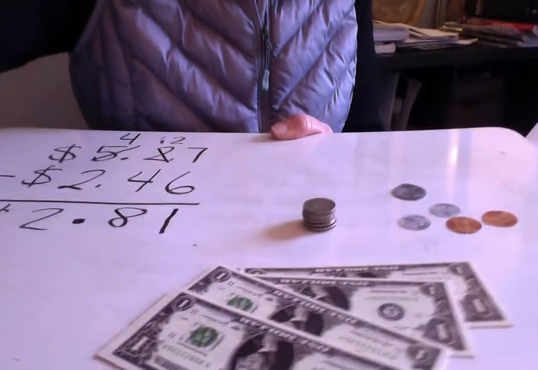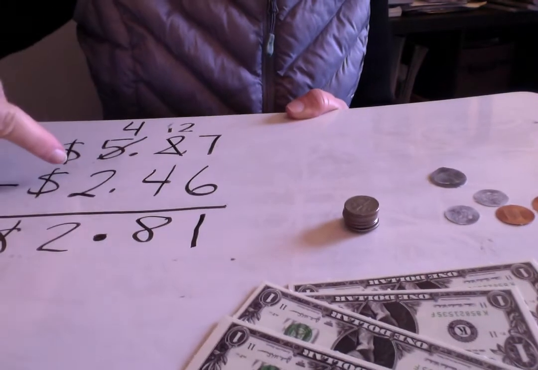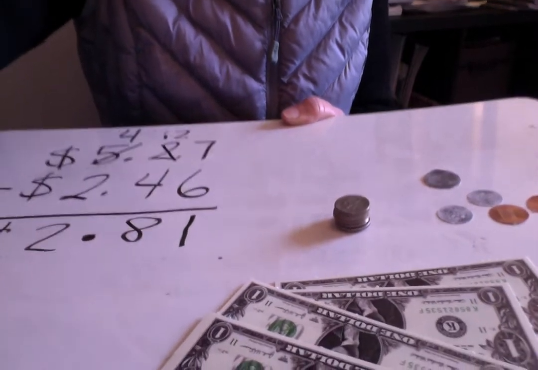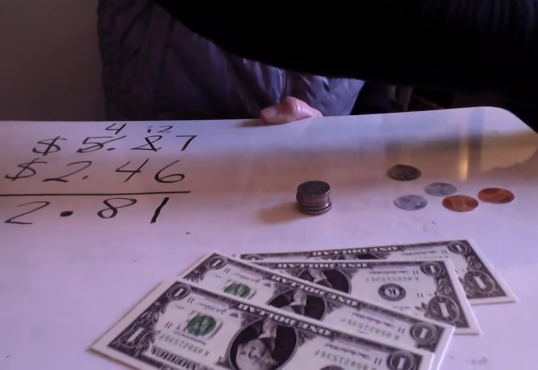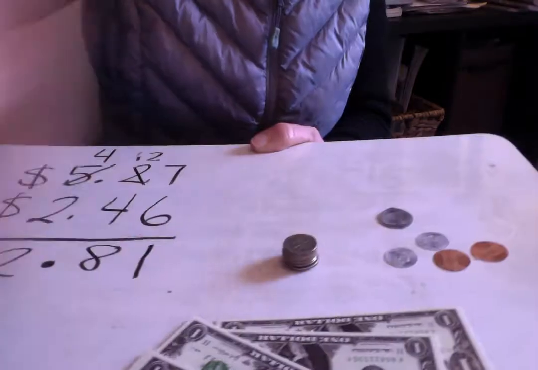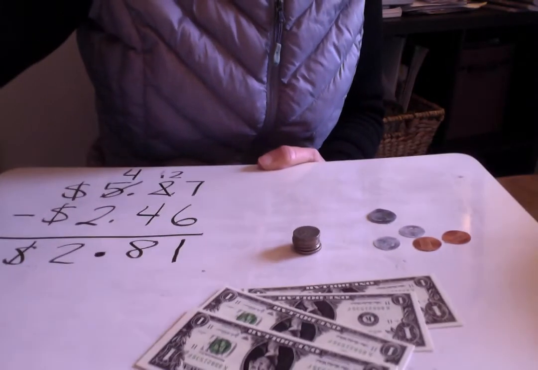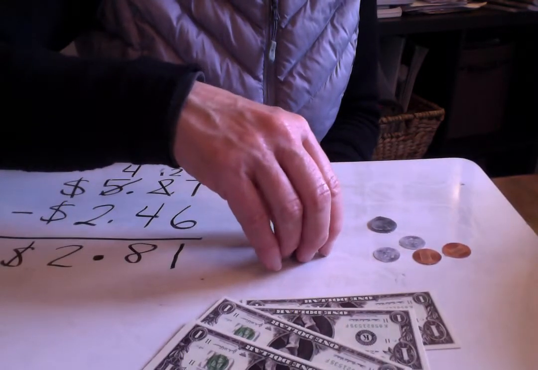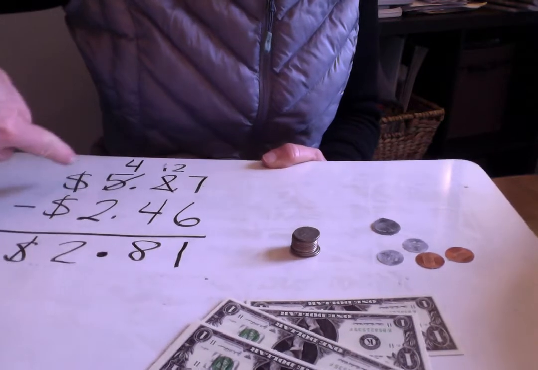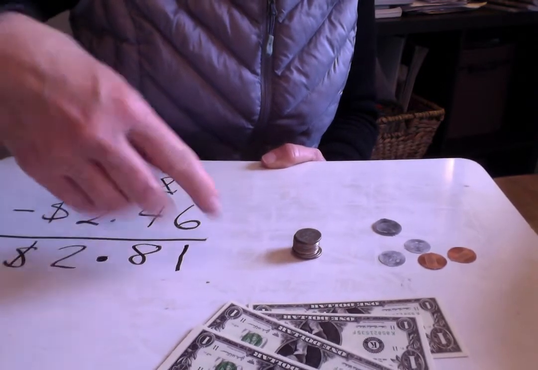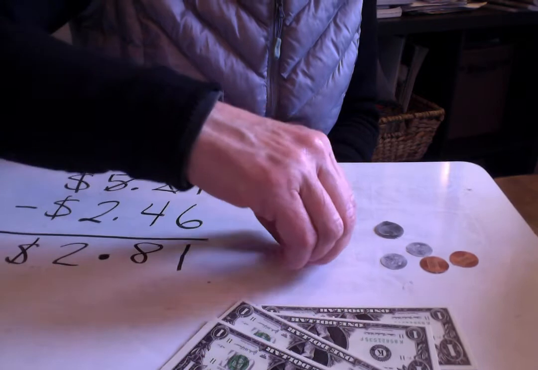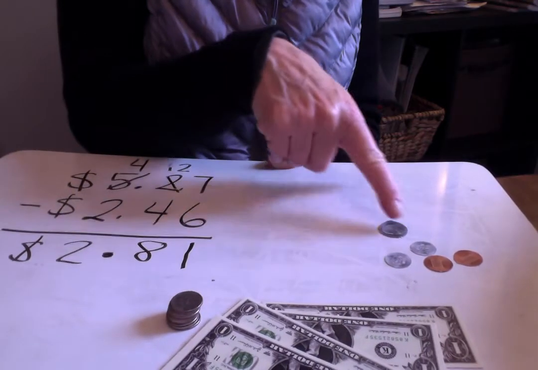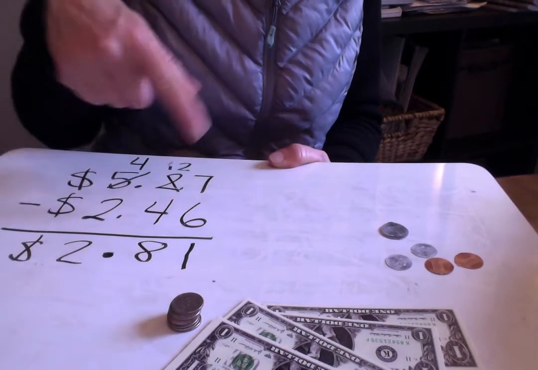So remember, we were trying to subtract $2.46 away from our original $5.27, and we were having trouble subtracting the 46 cents from that amount. So we took one of our dollars away and we changed it in for 10 dimes. So remember, this is still representing our original $5.27 because we have $4 bills. We have 10 dimes here, so that's $5. And then we've got our 27 cents here. Okay, but I'm trying to take away